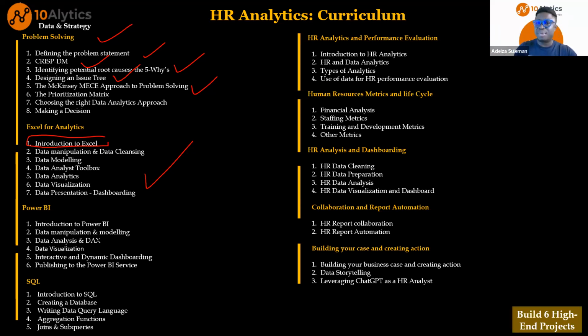And you'd see all the different programs start with the introduction. What is a cell? What is a column? What is a row? And so on and so forth. That's your first Excel class. Your first Excel class is not to build and solve solutions, but to understand the Excel environment. Same with Power BI, same with SQL, your HR performance, and so on and so forth.